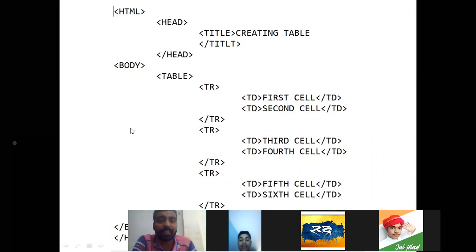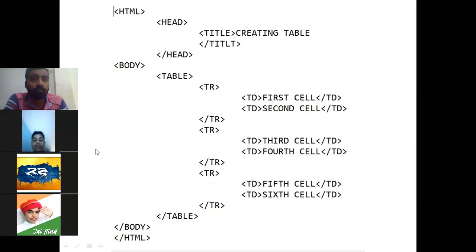As you can see here, the table tag has been used, and with the table tag there are two other tags, TR and TD. These are the two tags which are used with the table tag. Whenever we want to use the table tag, we have to use these two tags also.